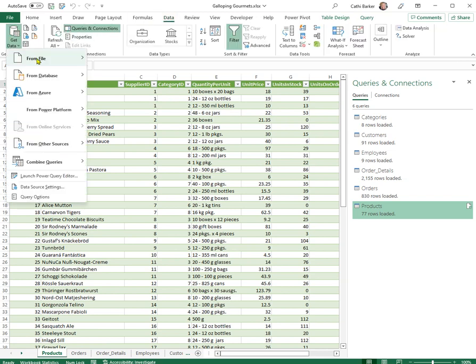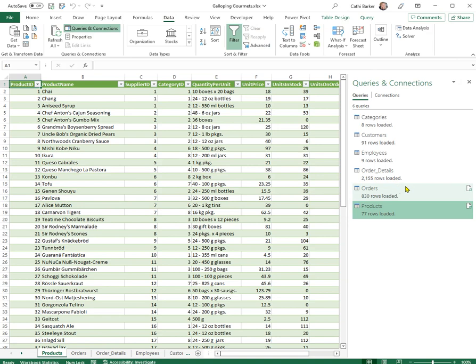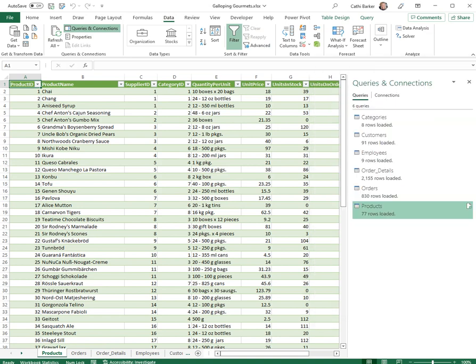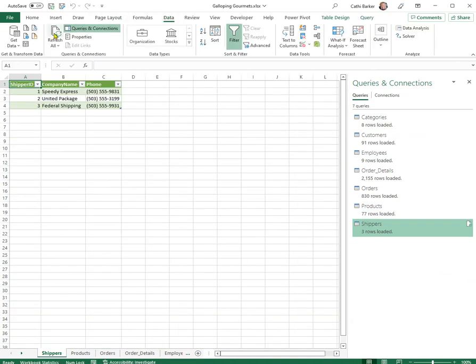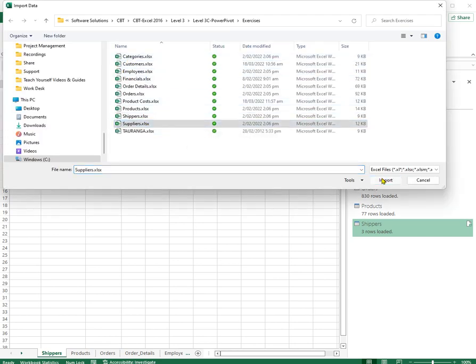Data, Get Data, from File, from Workbook, Shippers, Import, and Shippers, and Load. Lastly, I'll grab Data, Get Data, from File, from Workbook, and Suppliers, Import,